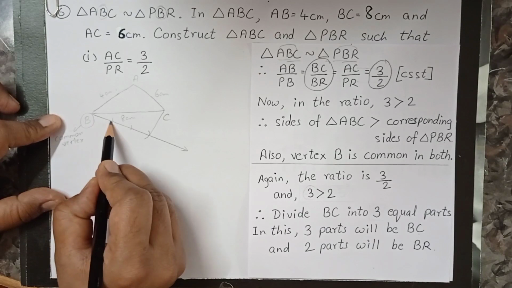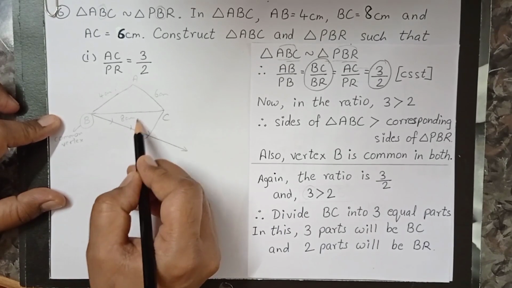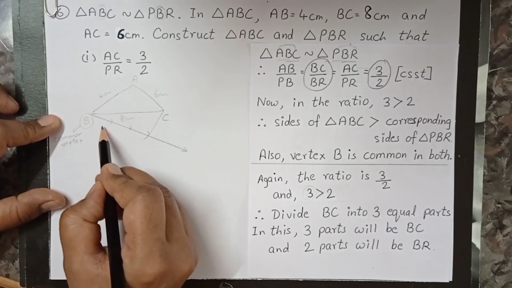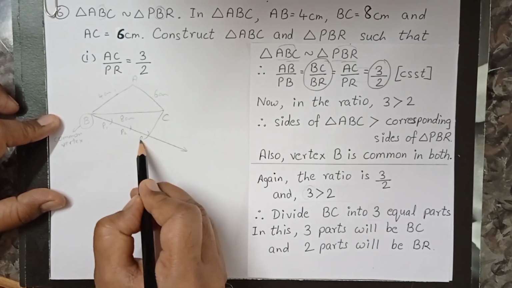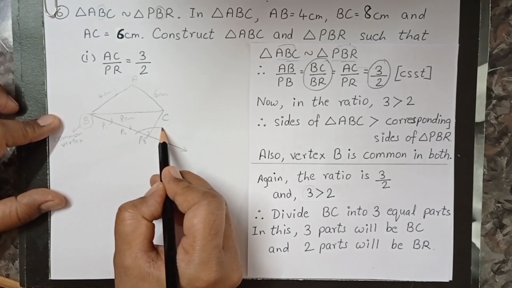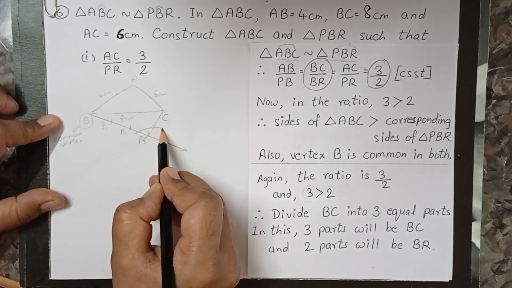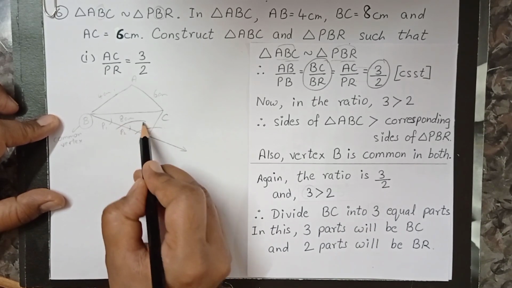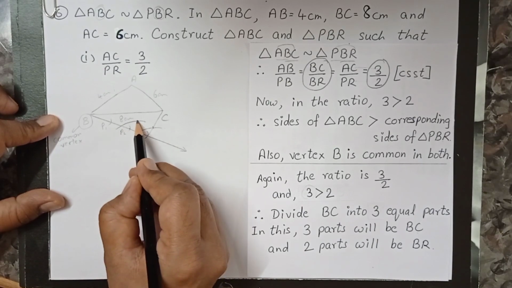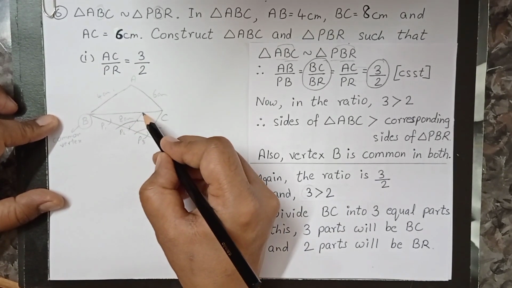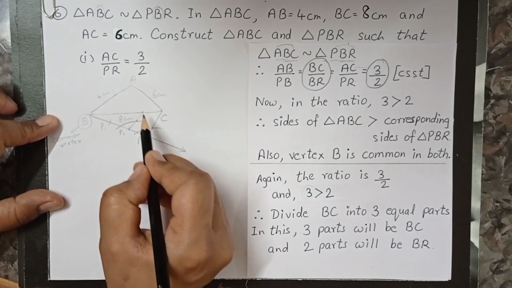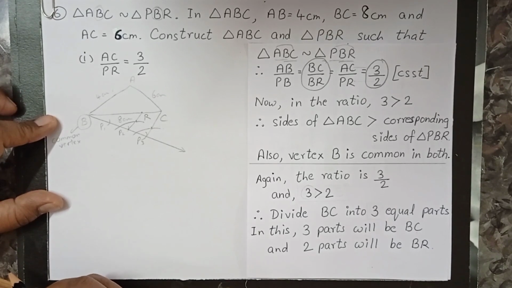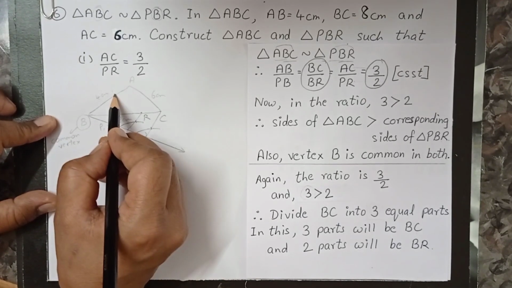That means this is part 1, this is part 2. So from here I have to draw a line. How to do that? That you get from this angle. Let this point be P1, P2, P3. So this angle, you have to draw an angle which is congruent to this angle from point P2. So steps: first arc, then you take this measurement, you make the same measurement here and then you join it. When you join, you get the point R. So BR is done. Right? Now you have to get point Q somewhere here, point P.